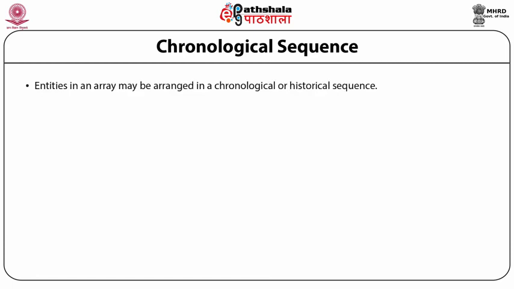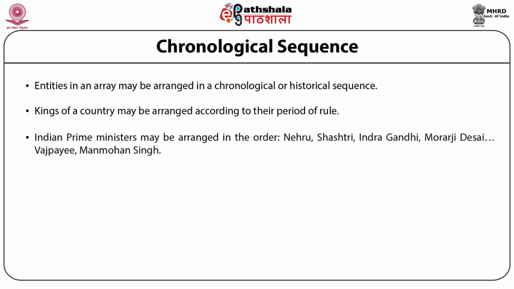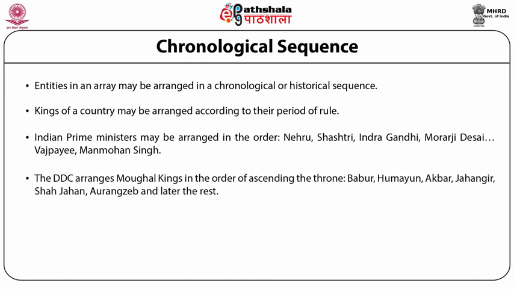Entities in an array may be arranged in a chronological or historical sequence. Kings of a country may be arranged according to their period of rule. Indian prime ministers may be arranged in the order Nehru, Shastri, Indira Gandhi, Morarji Desai, Vajpayee, Manmohan Singh, Narendra Modi. The DDC arranges Mughal kings in the order of their ascending the throne: Babur, Humayun, Akbar, Jahangir, Shah Jahan, Aurangzeb,